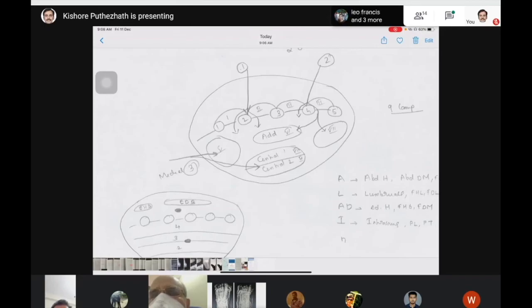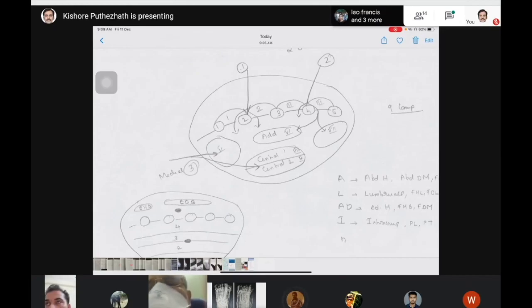But there is a controversy whether you want to do a fasciotomy or not, because the long-term sequelae of a foot compartment syndrome are less severe when compared to complications due to a fasciotomy. So some people are not doing fasciotomy even if the patient is suspected to have a foot compartment syndrome.